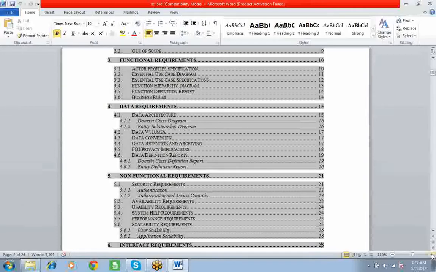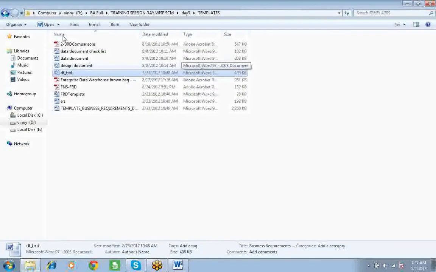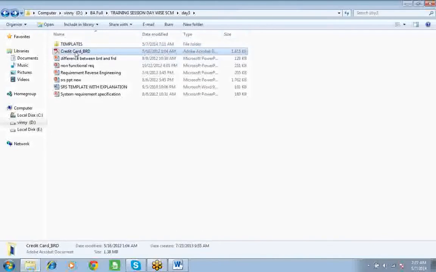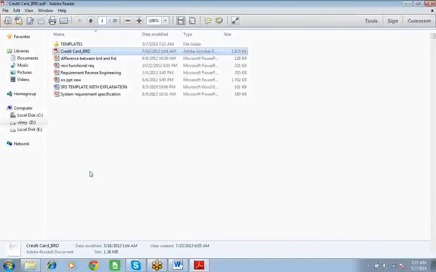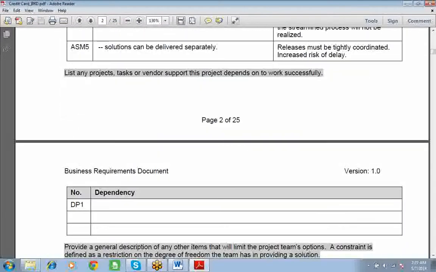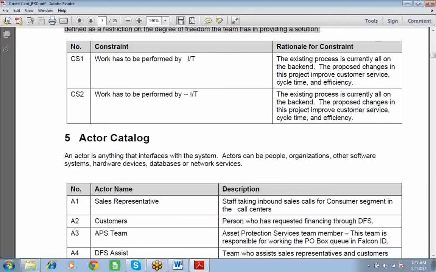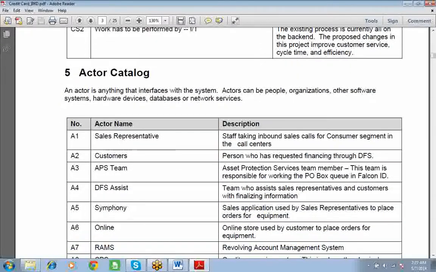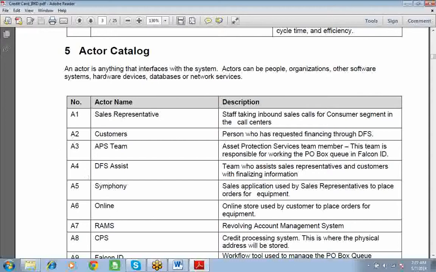Actor profile specifications. We have to write their data, the details. Now I will show you an actor profile. Look at this actor catalog. Okay, an actor is anything that interfaces with the system.